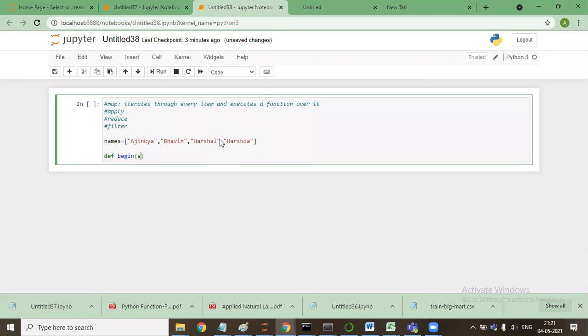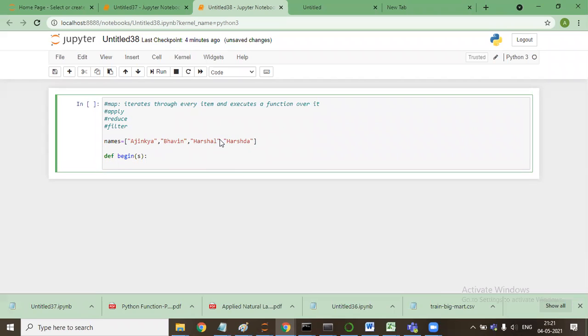I'll pass a value s here and I'll say return s[0] is equal to 'H'. So it will return true if the name starts with H, else it will return false. So this is one of the functions that I have made.